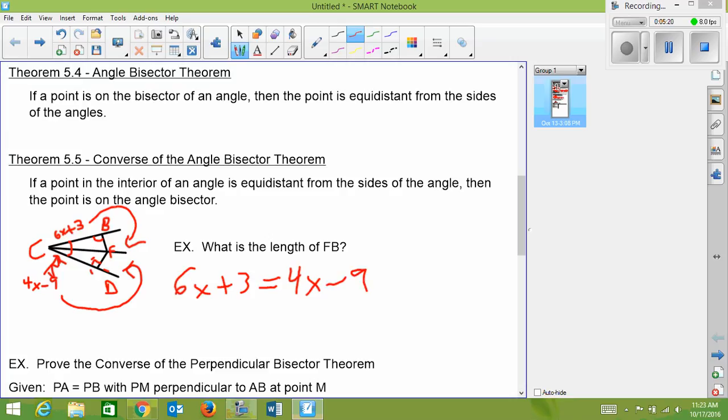I just go through here and solve this. So I'm going to go minus 4x, get rid of it, move it over here. That leaves me with 2x minus 3, get it over here. Negative 9 minus another 3 would be minus 12. And then your last step is to divide by 2. Your x would then be